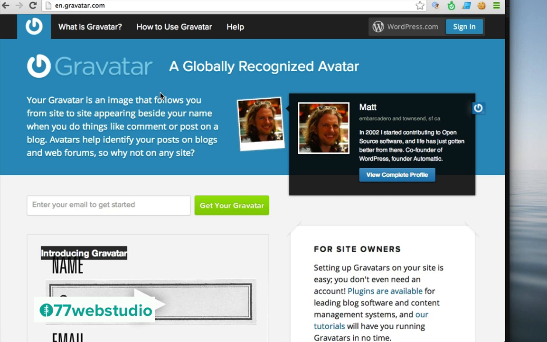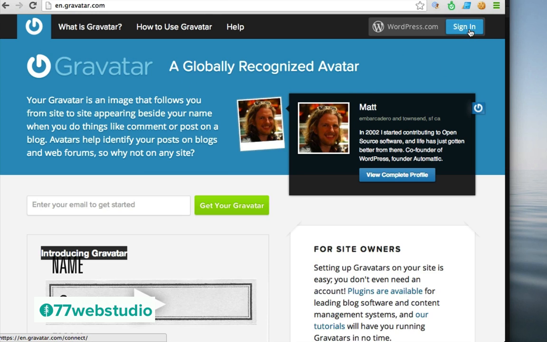So you can check it out on gravatar.com, and as it notes here, your gravatar is an image that follows you from site to site around the web beside your name and with your image. So whenever you comment on other blog posts and you use the email that you set up on gravatar.com, then your profile card here will show up on the comments section of blogs around the internet whenever you leave a comment. It'll also show up on your own blog whenever you comment on your own blog. So this is just a really great way to identify yourself and to add links back to your website. So what you want to do here is you want to come to gravatar.com.